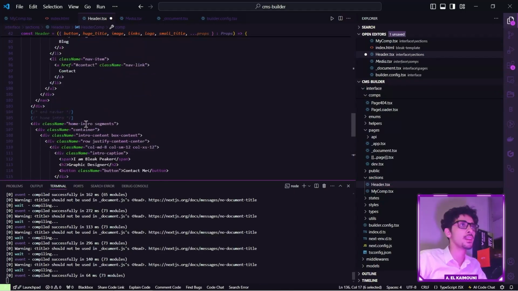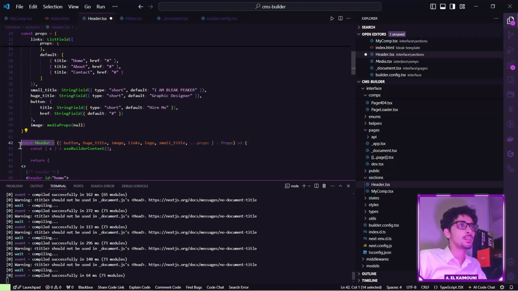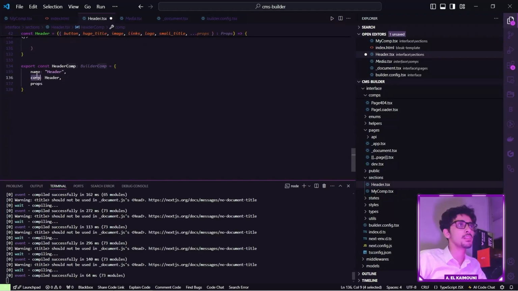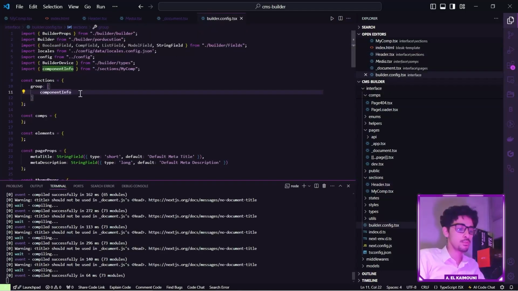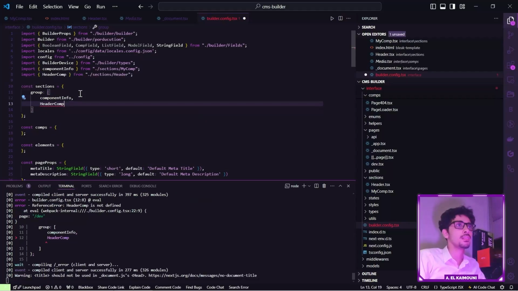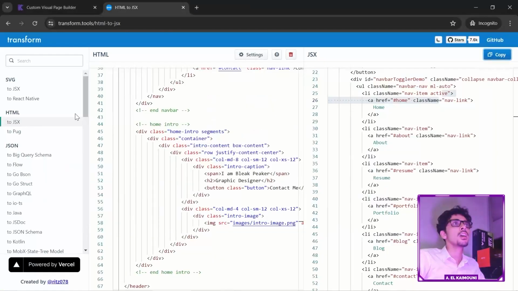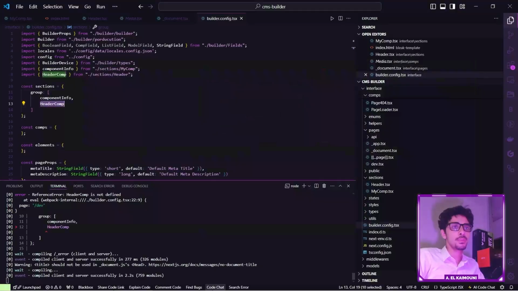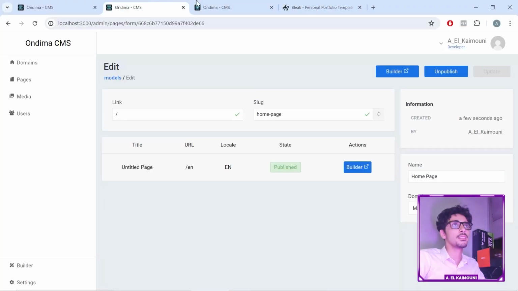So here's the header, as you see, I exported it from the comp property. The next step, as we saw earlier, we have to import this header comp in the builder configuration file. Let's put it with our components info that we created earlier. Great. So now if you exit our page builder and refresh the page,